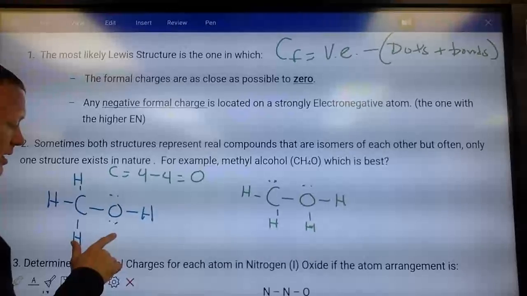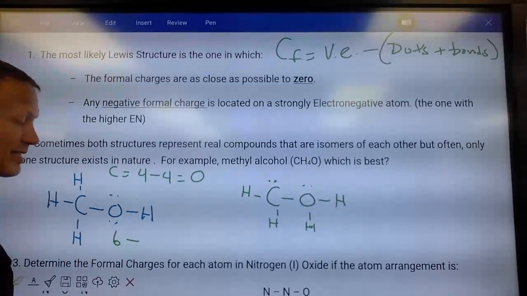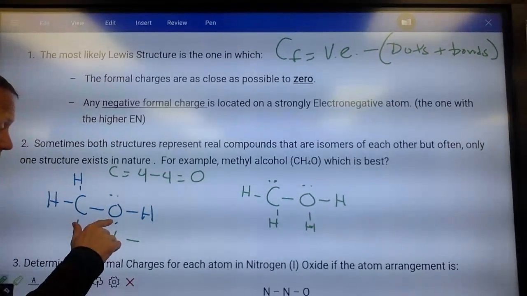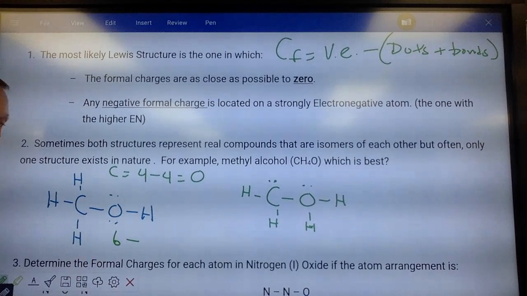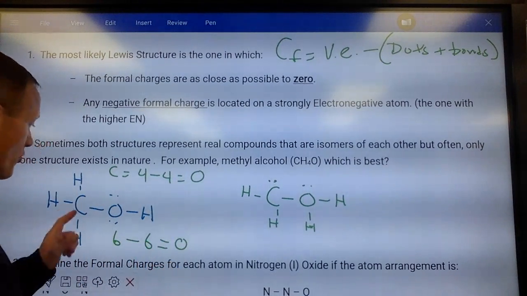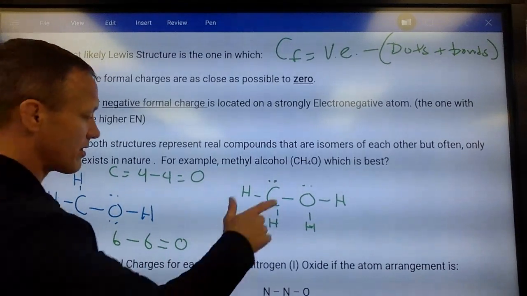Oxygen has 6 valence electrons, minus the dots plus the bonds. Well, it has 1, 2, 3, 4 dots plus 2 bonds. 6 minus 6, 0. So both carbon and oxygen have a 0 formal charge there. That is good. If we look at this one,